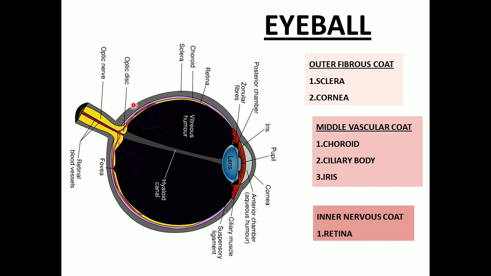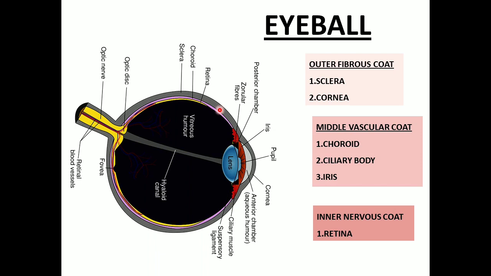Before that, the outer fibrous coat is divided into sclera and cornea. What is sclera? Sclera is the posterior 5/6 of the outer fibrous coat, and it is thick and whitish. This layer is radio opaque; light rays cannot pass through it. The anterior aspect of the sclera is covered by another thin, delicate membrane called the conjunctiva. This external covering is called the bulbar conjunctiva, and the same conjunctiva is reflected to cover the inner aspect of the eyelids, called the palpebral conjunctiva.